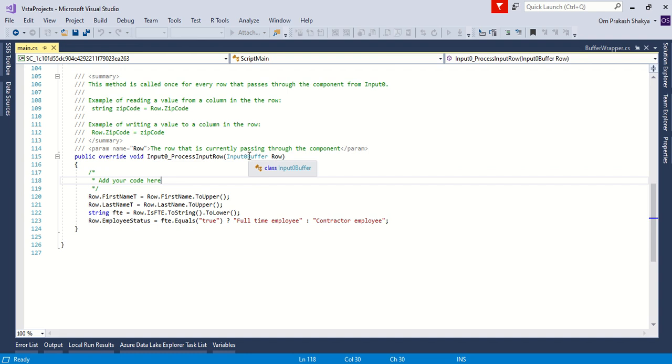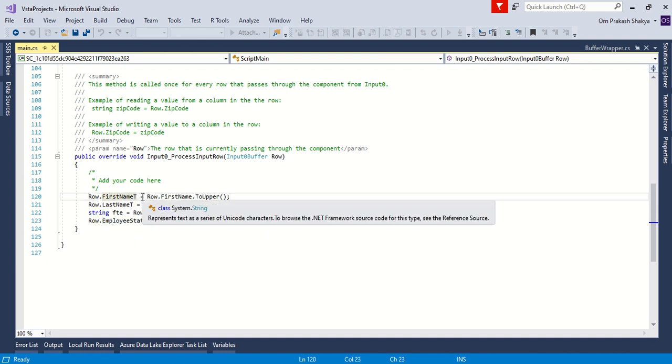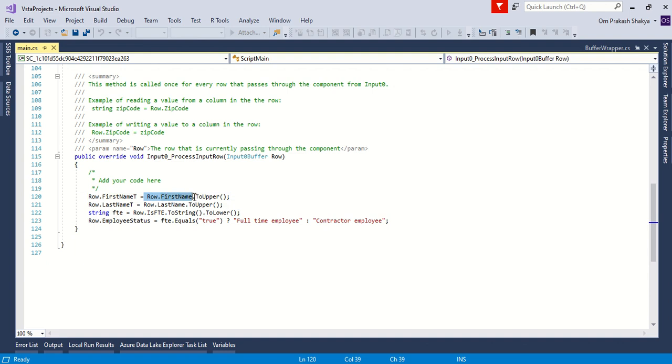Row is of type Input0Buffer, and we access these columns. Again, we had the output like first name, last name, and employee status. So we are assigning the value to the output from this using ToUpper.